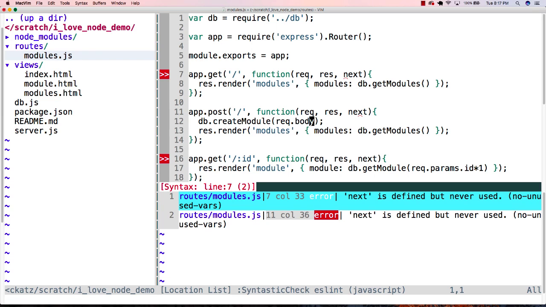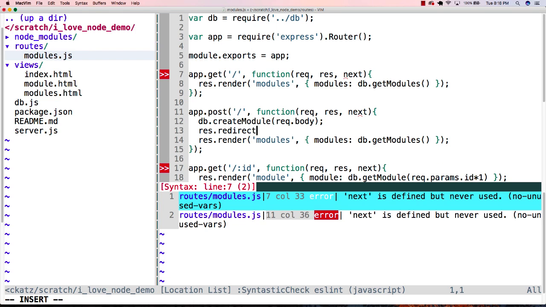Now, a very common pattern for this is that when you end up posting to create data, okay, a post creates the data. And it's a very common pattern to do a post and then go back to the browser and say, hey, look, redirect back to another page. Okay? It's called a post get or a post redirect. Okay? This way, if someone refreshes the page, they don't get that annoying error message. Oh, do you want to post again? Okay? So very common pattern is to create and then do a response, redirect to